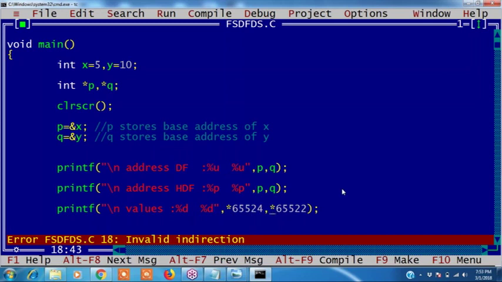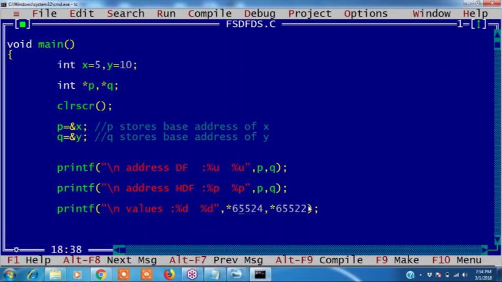Why is it giving this invalid indirection error? See, when you are using this indirection operator or star operator, always you have to write an address. See guys, here I have written address only. I have written addresses, that is 24 and 25, 22, they are the addresses only. Even though I write addresses, again it is giving error, invalid indirection. Why is it giving an error? I have written direct addresses, 65,524 I have written.